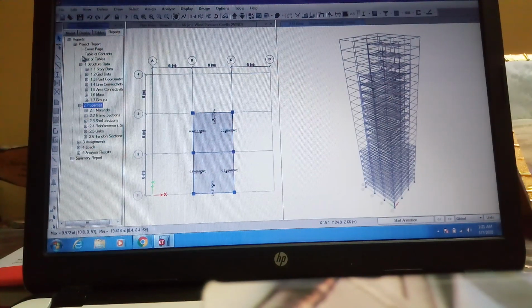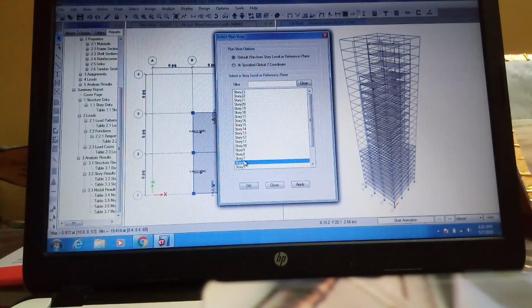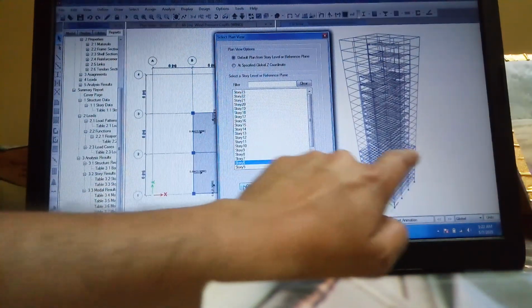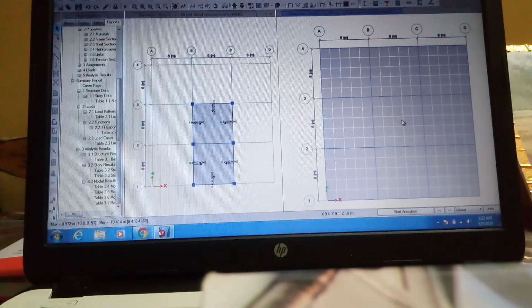Now here we see the project report, cover page, table of content, list of tables, assignments, summary report, each and everything of this project. Now if we want to check, like we have different plans for different sections, we select plan floor number 6. Floor number 6 covers the whole area, as this is showing this whole area. Just wait, it takes time. Here see, it shows the whole covered area.